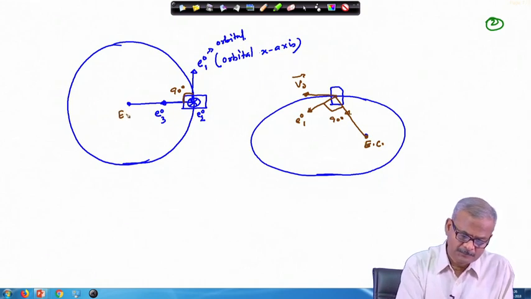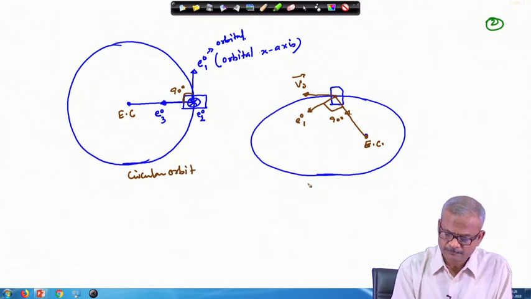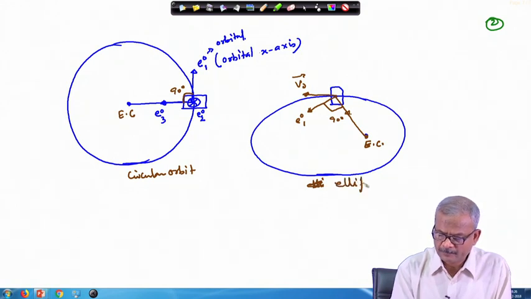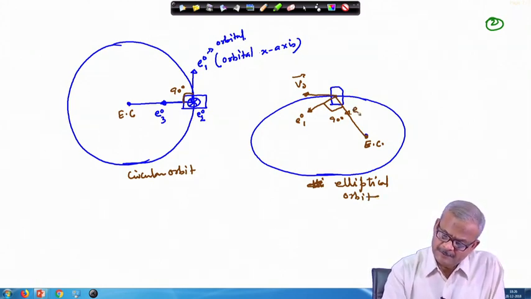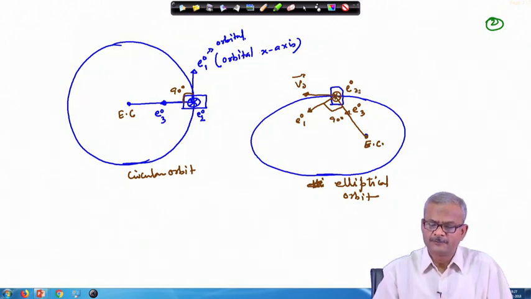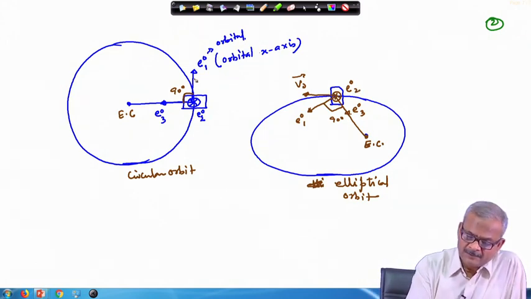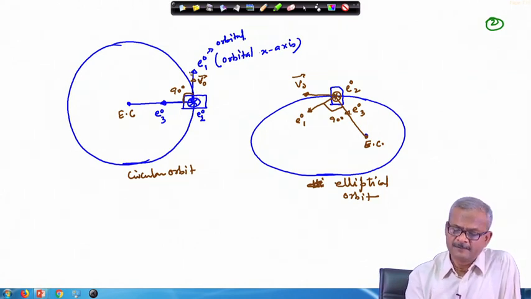Circular orbit, elliptical. E2, and this we are writing as EO3, and obviously here EO2 it goes inside. So, E1, E2, E3. So, you can see that here your velocity vector is also along the same direction. This is the velocity vector. So, both are coinciding. So, from where this notation is arising, we will follow this notation.